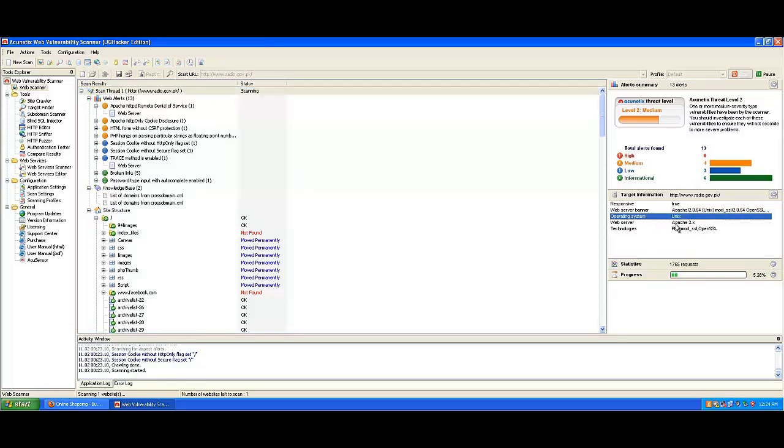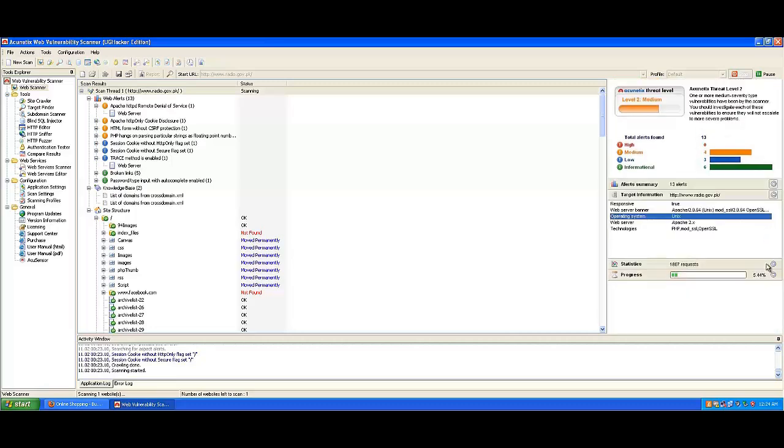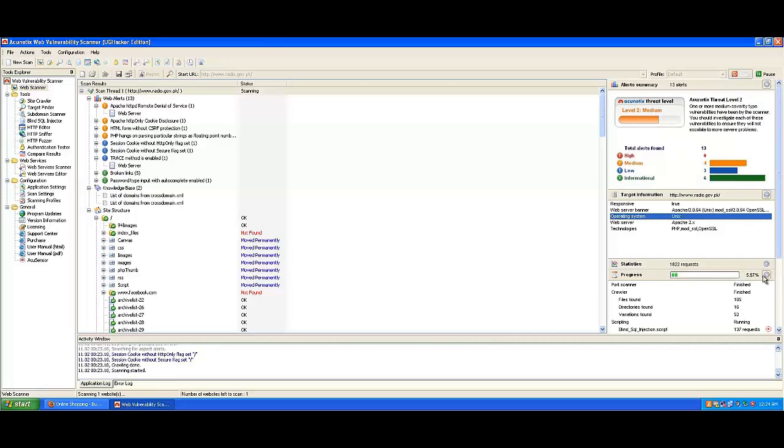The web server name is Apache, the 2.x version. Here you can see the statistics of the website. If you click on more, again you can see the progress bar. So likewise, you can do a great vulnerability assessment for your web application.